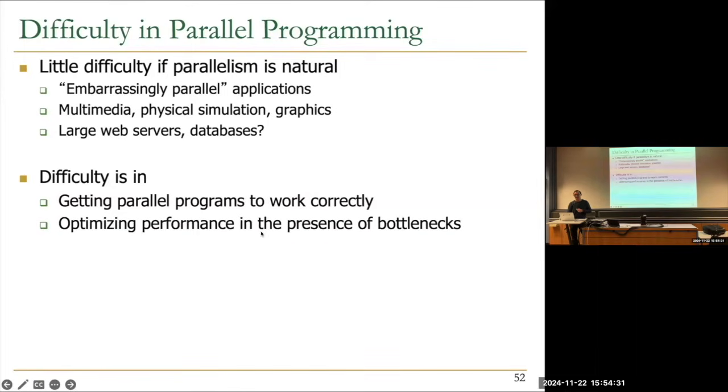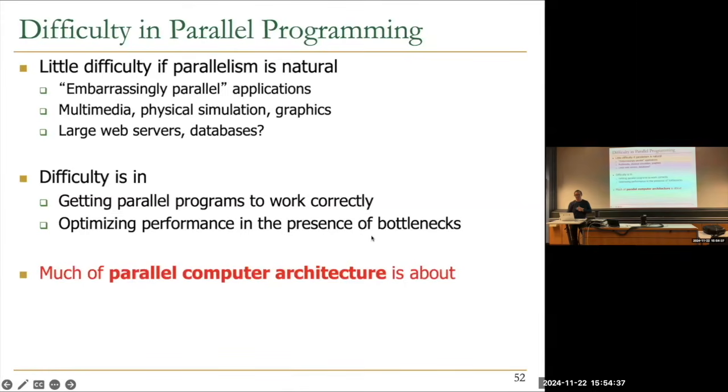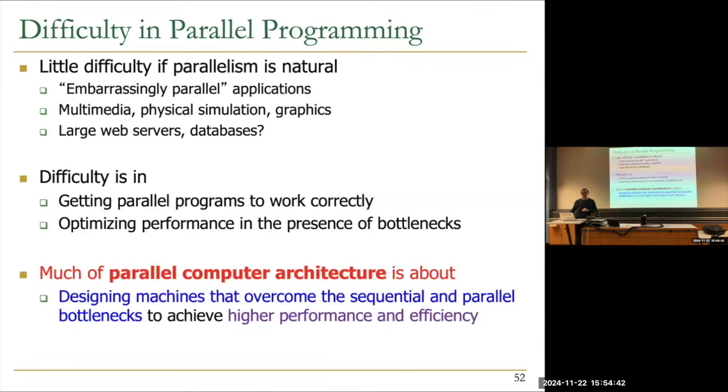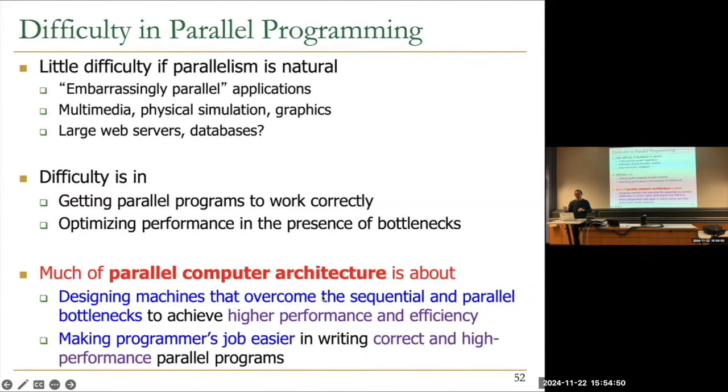And if they're not easily parallelizable, you need to optimize performance in the presence of bottlenecks. And as a result, much of parallel computer architecture is really about designing machines that overcome the sequential and parallel bottlenecks to achieve higher performance and efficiency. That's one part. And the other part is really making the programmer's job easier in writing correct and high performance